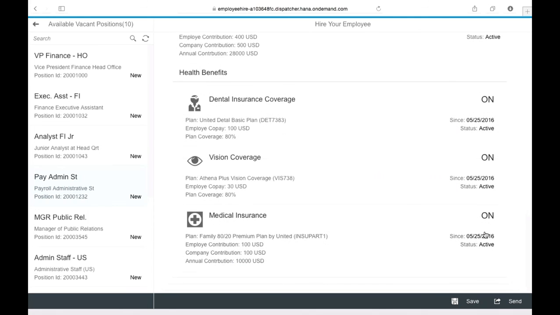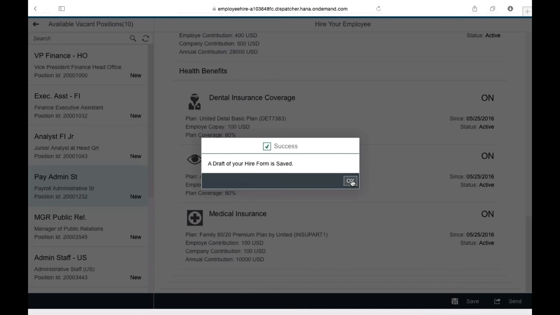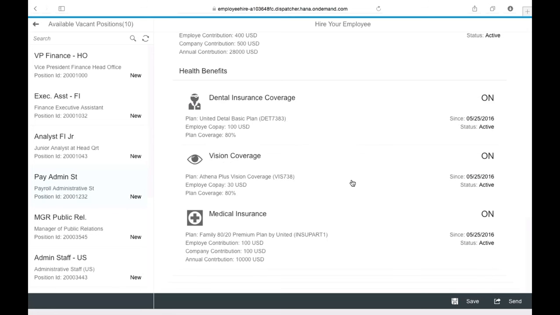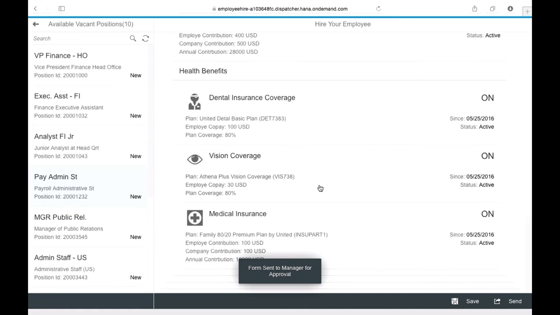So once I'm satisfied with my work, for example, I could save this form as a draft if I want to continue with it at a later stage, or if I am satisfied, I can send this form for approval. So as soon as I click it, the form will be sent to approval to the manager. And there is a standard Fiori application called as a work list. So the manager of this position would receive a work item for approval in their work list, which they can approve, and based on the way the workflow is set up, it could be routed to further approvals, or it can update the system directly, and thus hiring the employee into the organization.